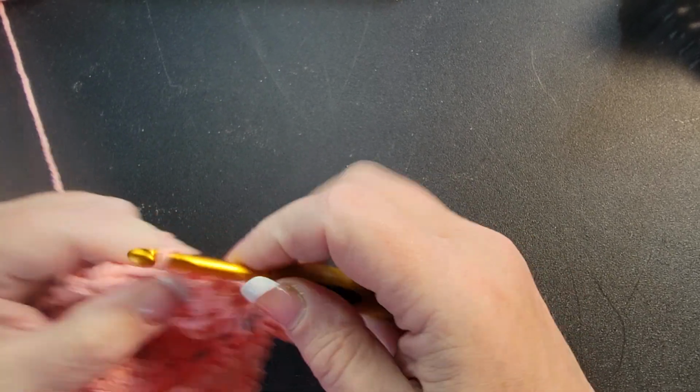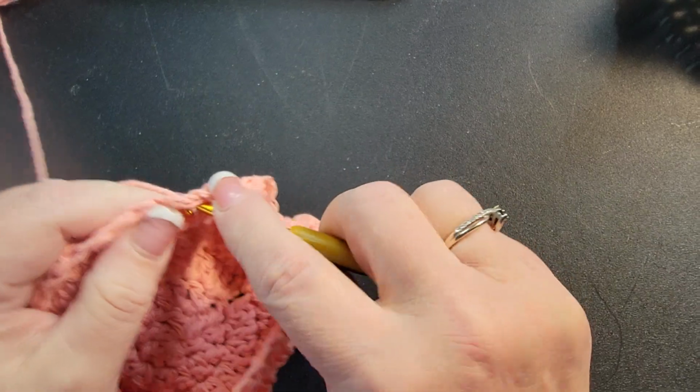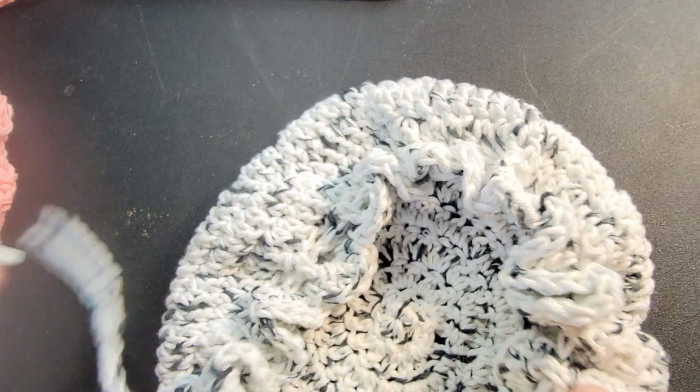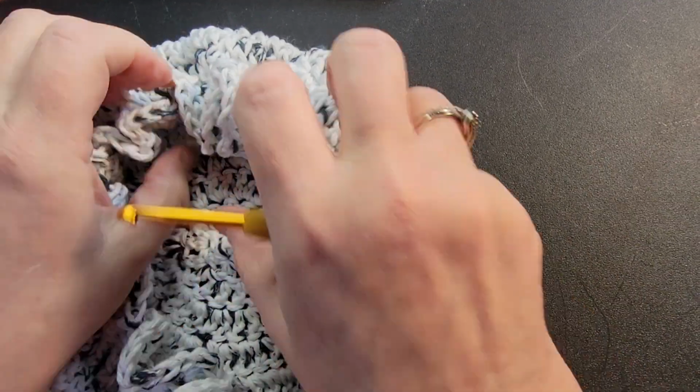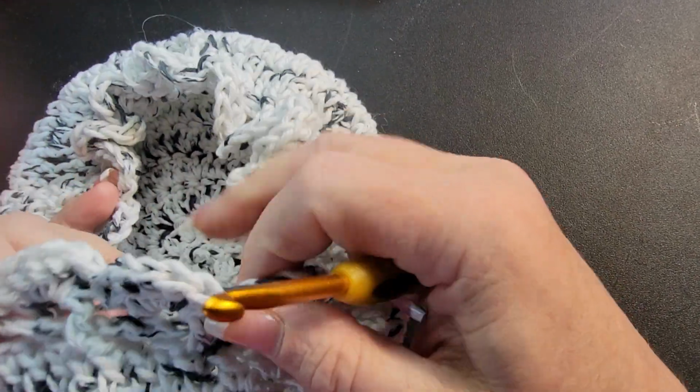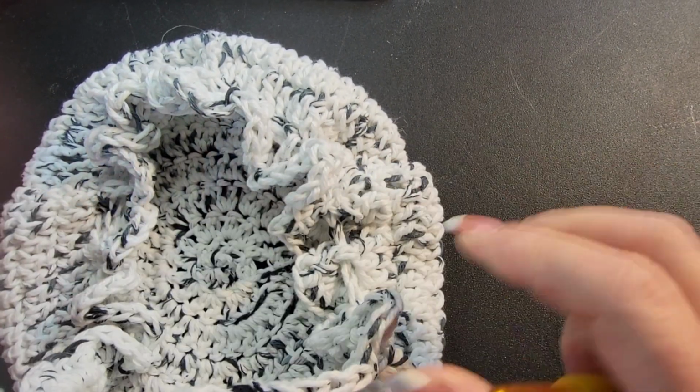And the next one, a single crochet. And that is exactly what you're going to do for your last row, and you will get this adorable ruffling. Okay, looks very pretty. They're like shell stitches. All right,